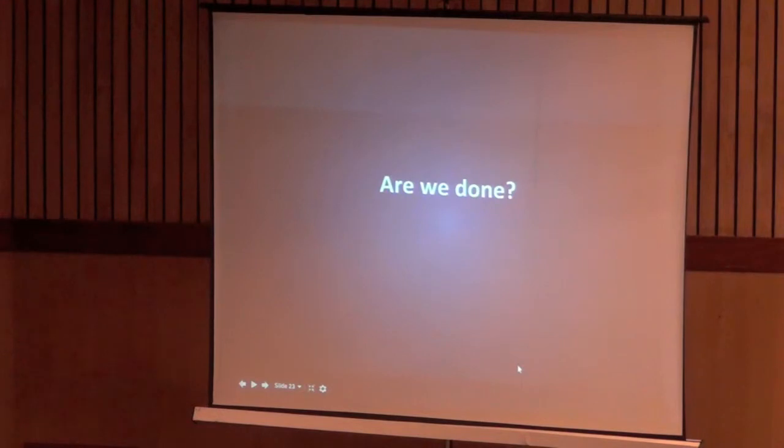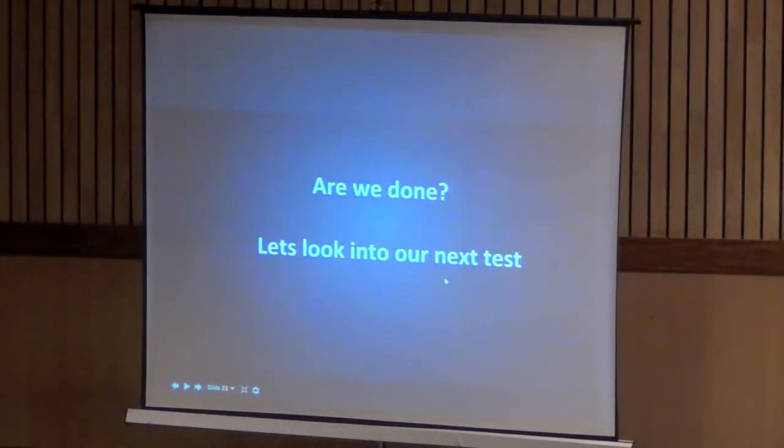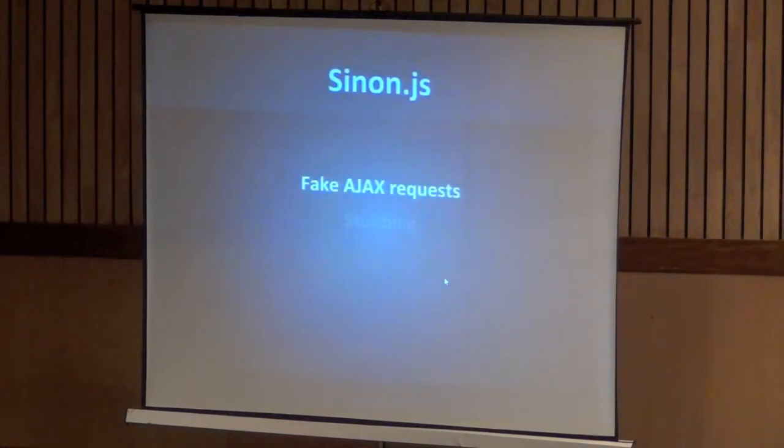So most of the things can be handled here, but it gets more interesting when you have to do a lot of Ajax, right? Especially when you are doing single page applications, you'll be contacting the server a couple of times. But in a unit test, you can't have any dependency on external stuff. So to solve this, we used a library called Sinon, which gives us mocking, spying and creating fake server facilities.